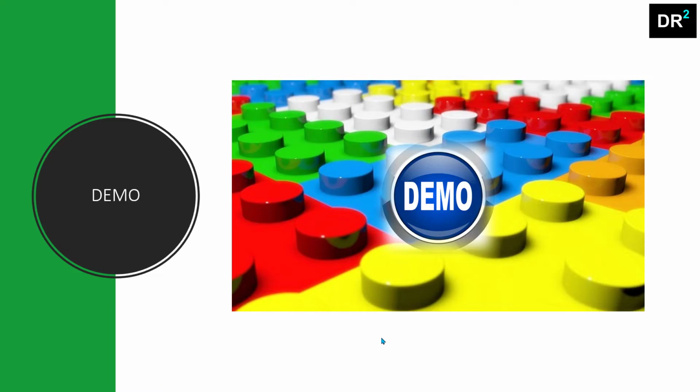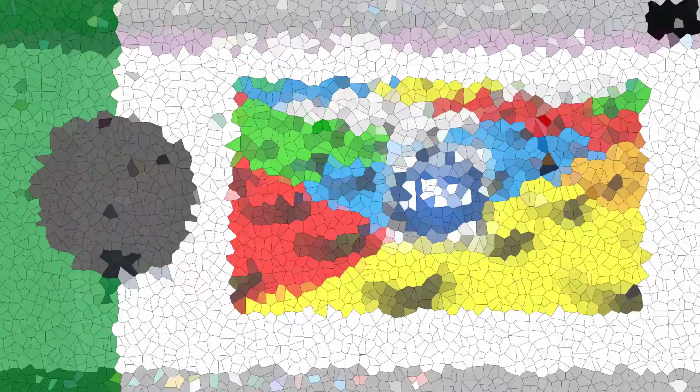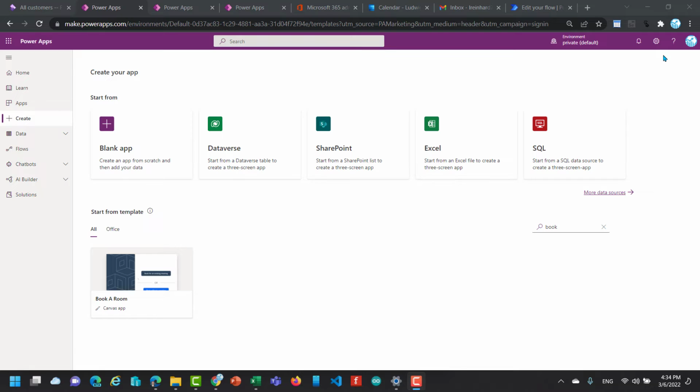But now, after all of this talking, let's have a look at the demo. Okay, I'm now here in PowerApps, and what I want to show you first is the app that I used, and that is this one, Book a Room. So if you open PowerApps, if you create a new app and search for book, then you will find this